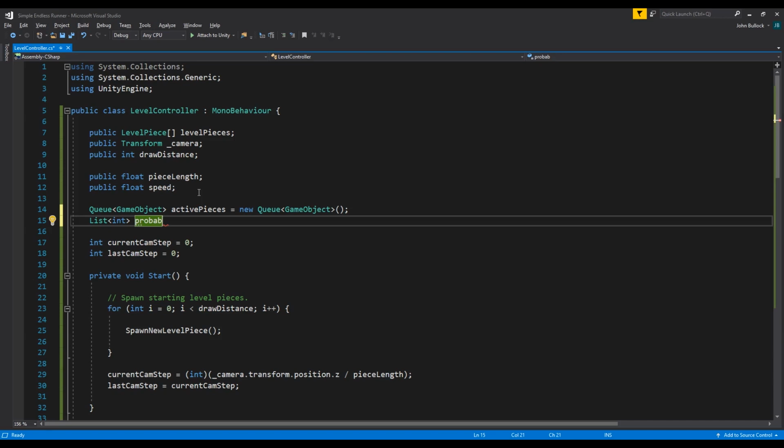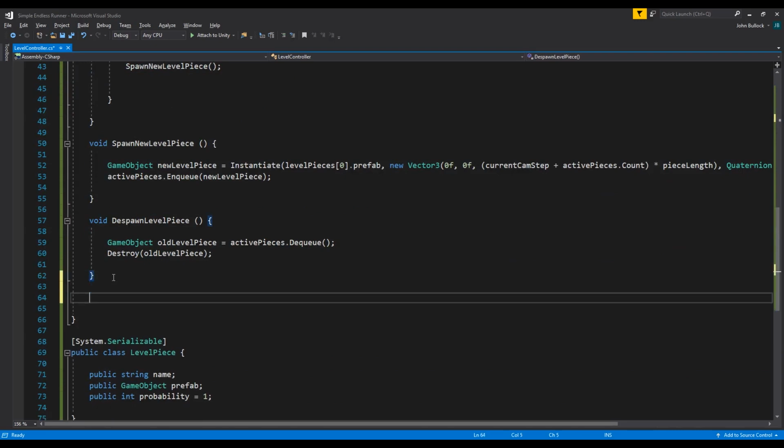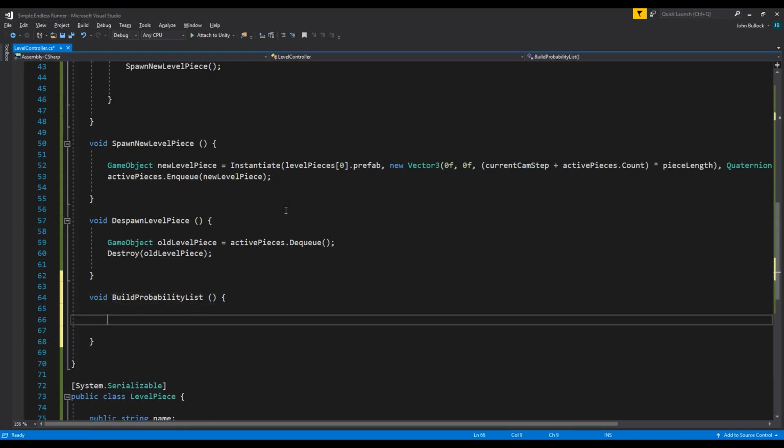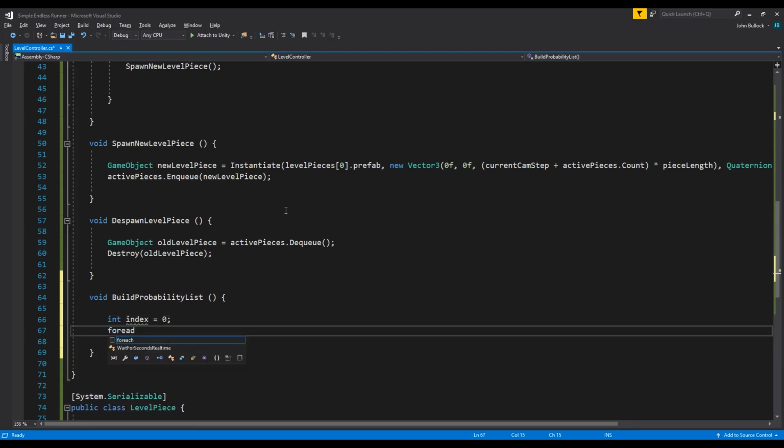So there's a far higher probability that we're going to be getting the level piece 0. And that's how this probability list is going to work. So we'll just call it probability list equals new list int, and then we're going to create a new void, which we will call build probability list, and then int, we need an index equals 0 for each level, no, sorry, that wants to be capitalized, level piece